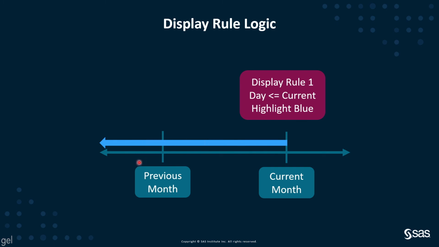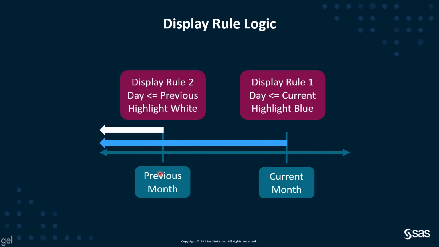So you can see on our continuous timeline here, arbitrary previous month line and current month line, everything less than current month is going to be highlighted in blue. But we can see that is going to highlight even beyond the previous month rows, and that's not what we want. We want it to just highlight this window of time. So we're going to have to add a second display rule to basically erase the blue highlighting. And that second display rule we're going to layer on top is anytime the row is where day is less than or equal to the previous 15th of the month, we're going to erase it by basically just highlighting it white, which is back to our original formatting of the list table.